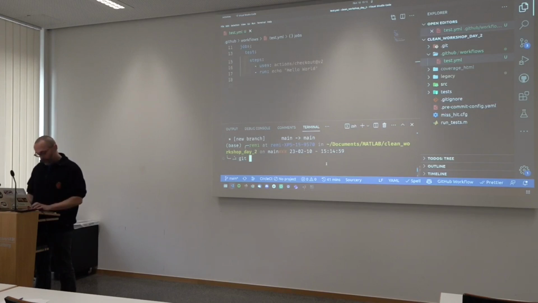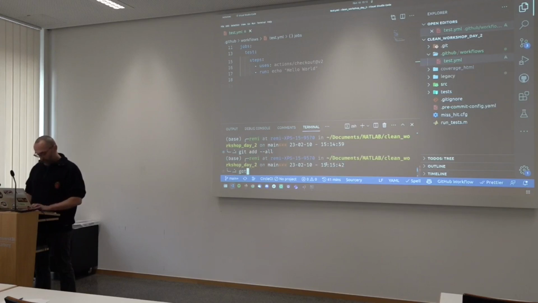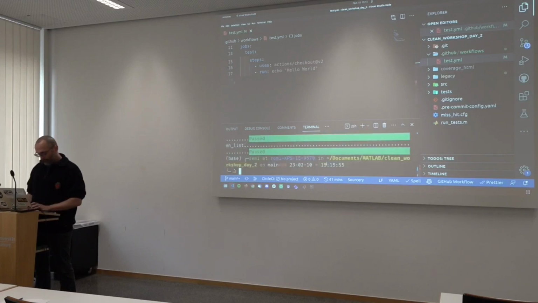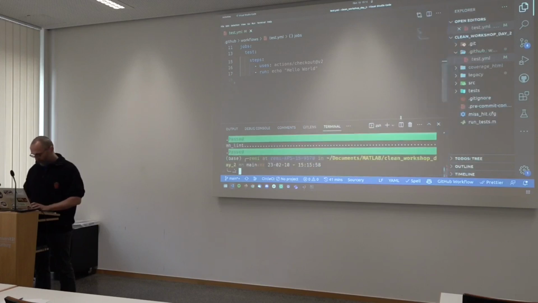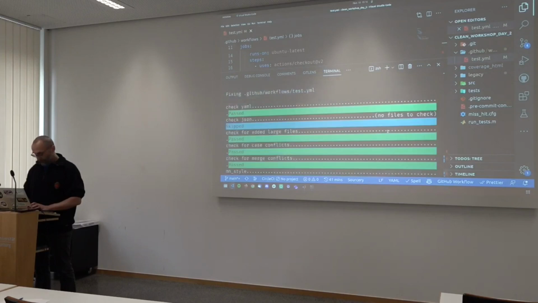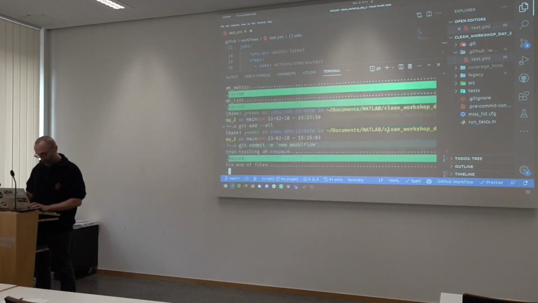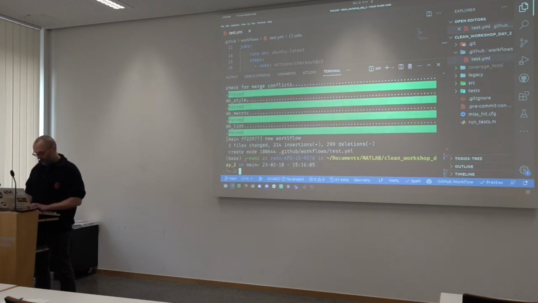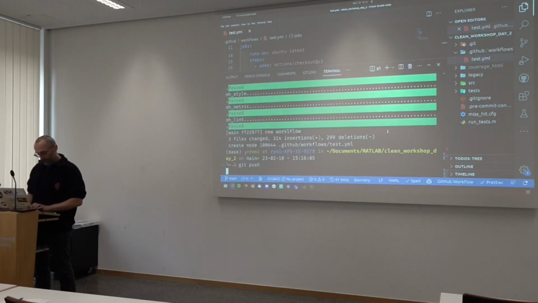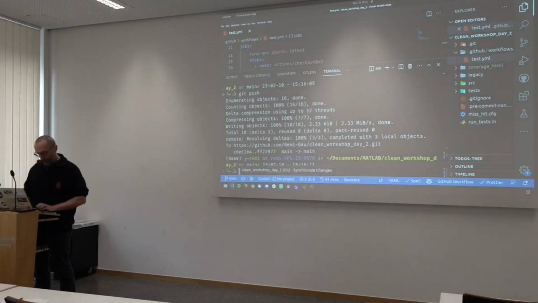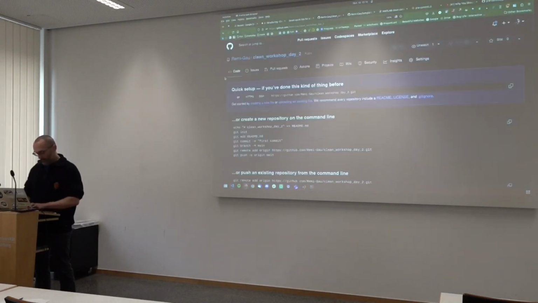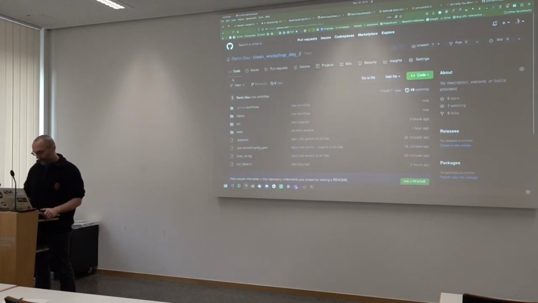And then, just to make a demonstration of all of this, git add all, yes, git commit -m new workflow. Wait, did I miss something? Yes, pre-commit is doing its thing, that's normal. Cool, so that got committed, and now I just need to push. Yep, so now if we go back here and refresh, most likely it will happen way too quickly.